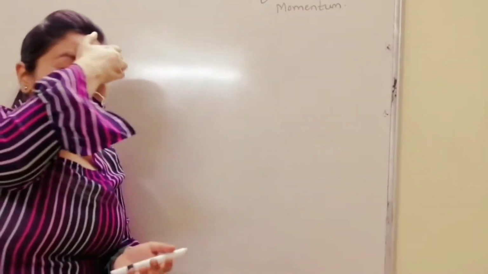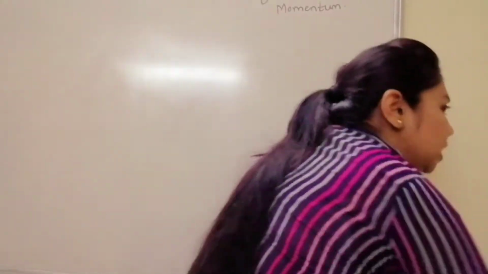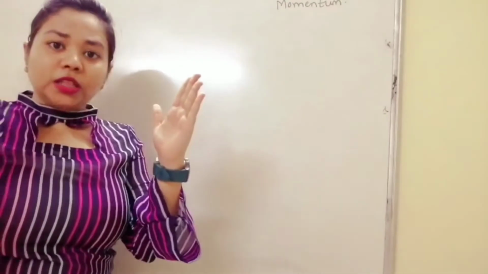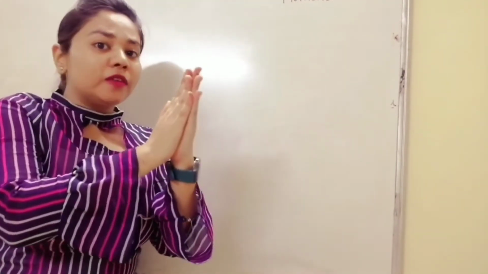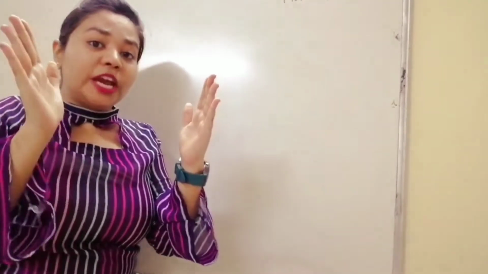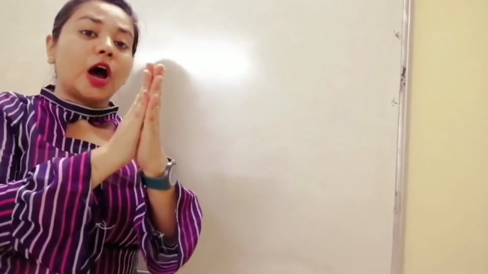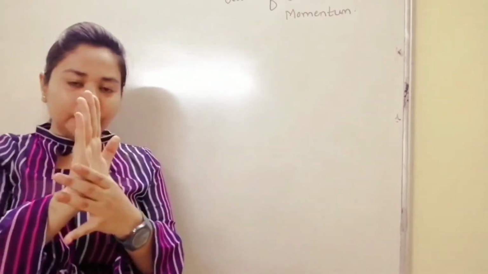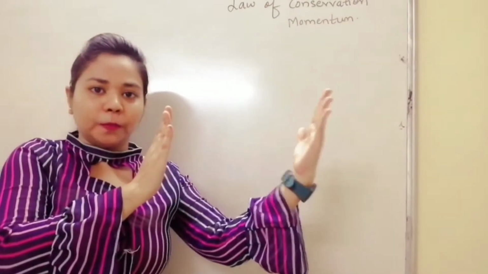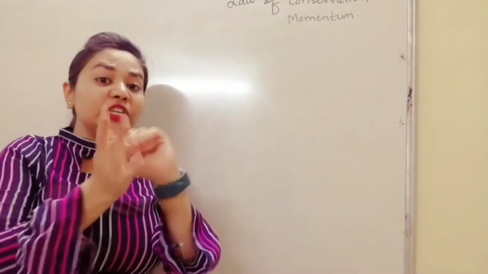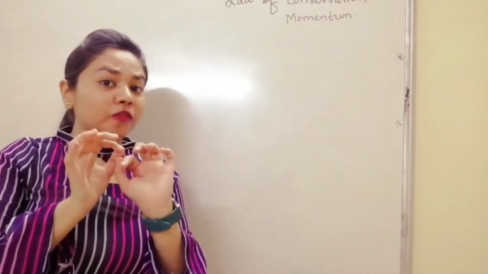Now what is momentum? Let's suppose these are two objects. This object is coming with some velocity and it hits this object. So what will happen? The speed of this object will decrease. It transfers its speed to this particular object and this now moves a little forward. Mass of this remains the same, its velocity came here. It hits this and this moves further. So the change in velocity took place. Mass of both of them remains the same.